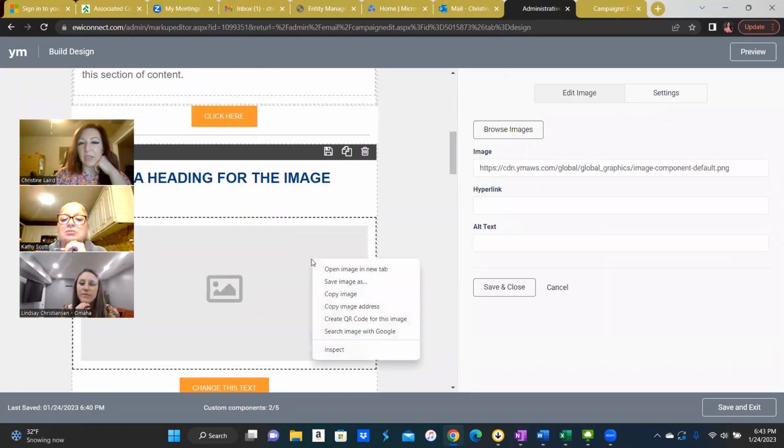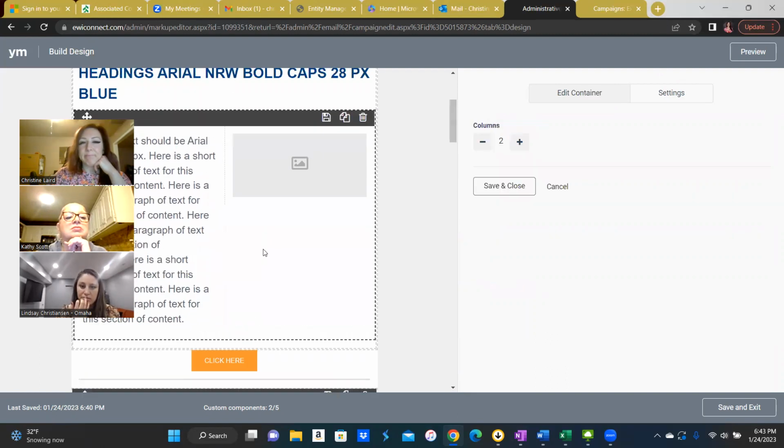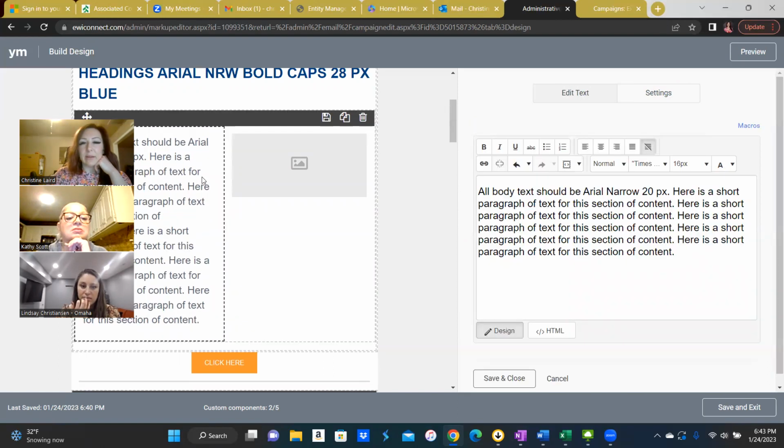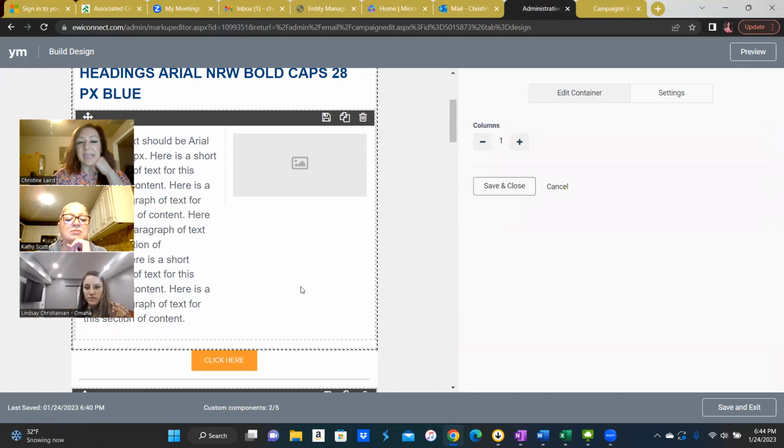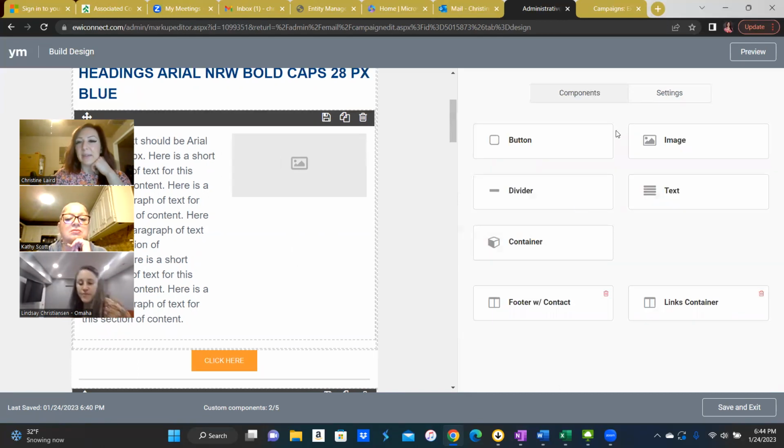Like if we wanted to, it looks like you can, so you can copy and paste with text only. Okay. So you can do that, but we're not able to copy paste the images within the container, I believe, because that is a separate component. So when we create the image,